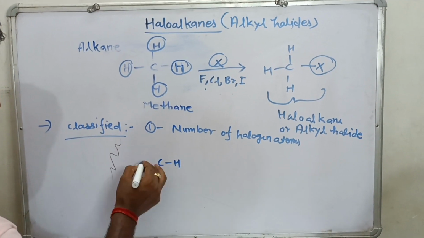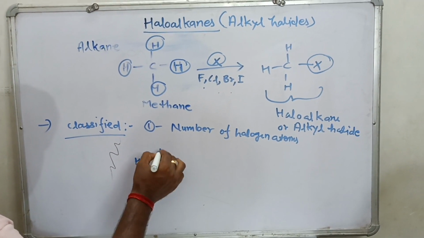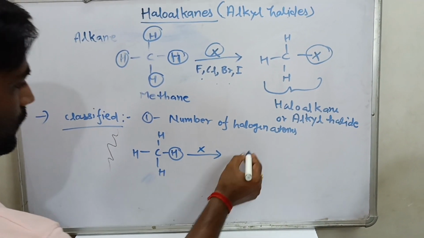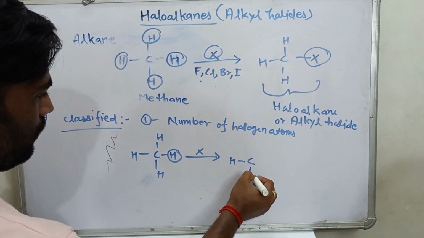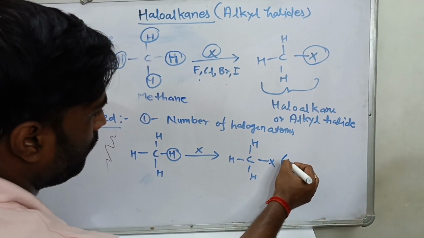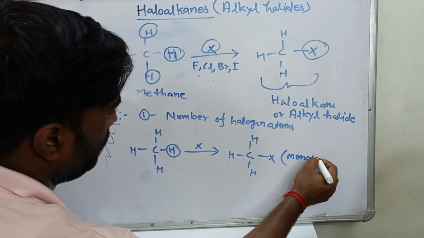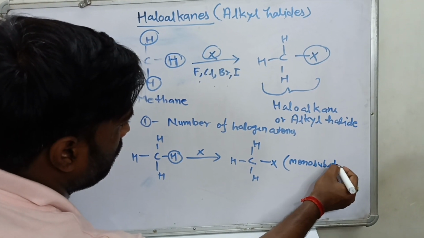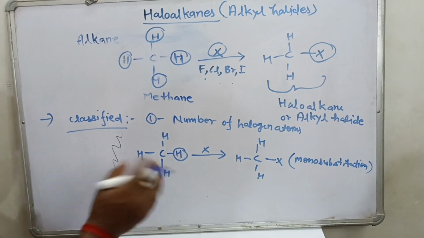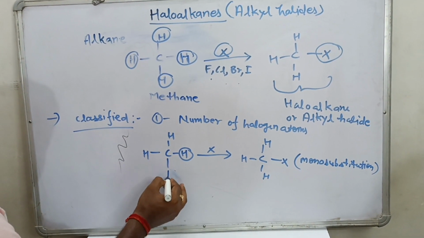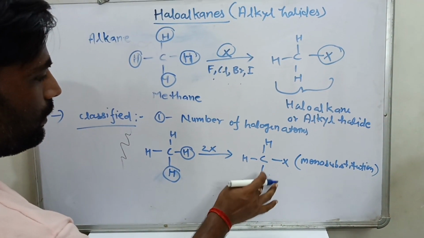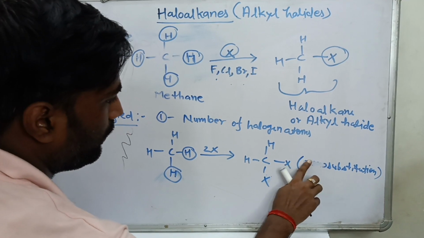So this is the first, I am taking the example of methane. When one hydrogen atom is replaced by any halogen, resulting in this one, this is well known as mono substituted. Mono means one substitution takes place. And when two hydrogen atoms, this one and this one, are replaced by two halogen atoms, so this one and this will be